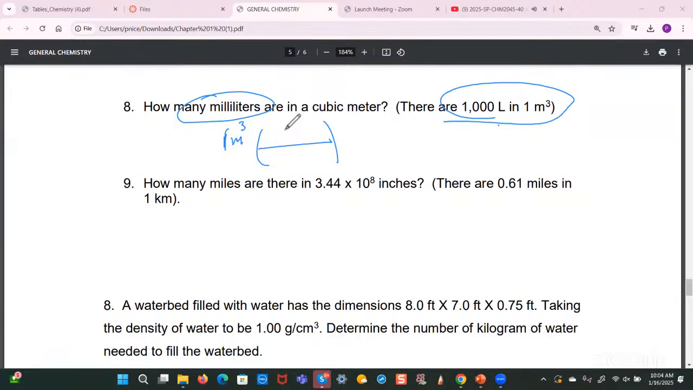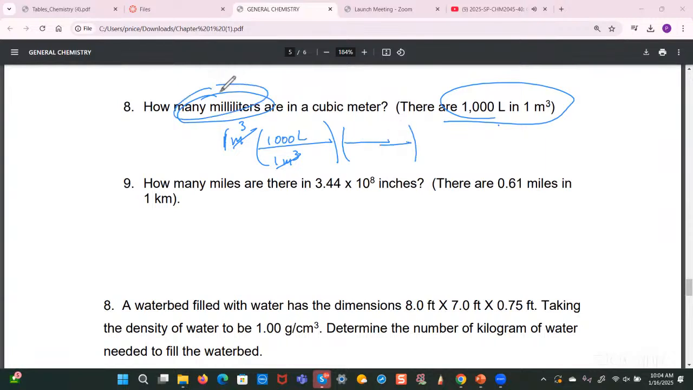What would go up top as the numerator and what would go below as the denominator? Top, 1,000 liters. Okay, 1,000 liters and below, 1 meter cubed. Very good. That goes with that, right? And then